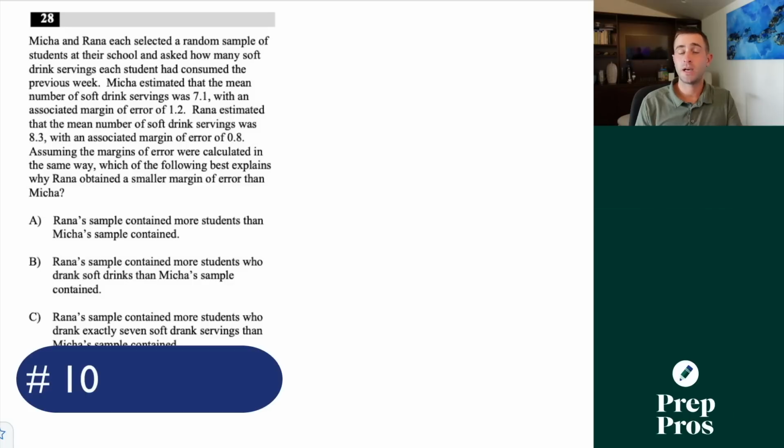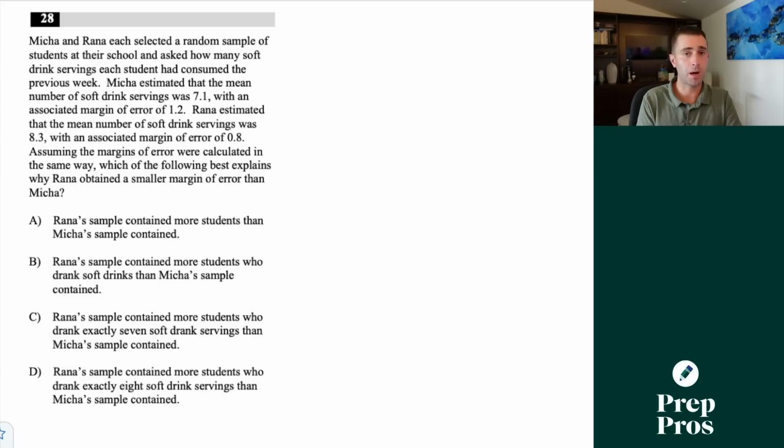Now, the last thing you're definitely going to see are statistics questions. These are about standard deviation, margin of error, sampling bias, box and whisker plots, which show up every single SAT. But this is one that they really love to put pretty late on the test, but it's really easy if you know the trick. So here we see Micha and Rana each selected a random sample of students at their